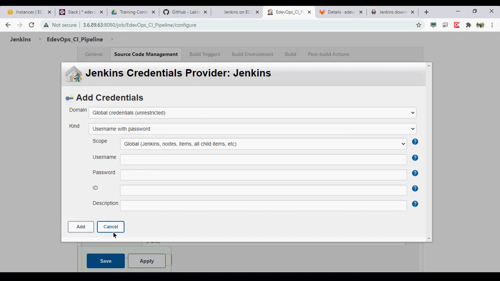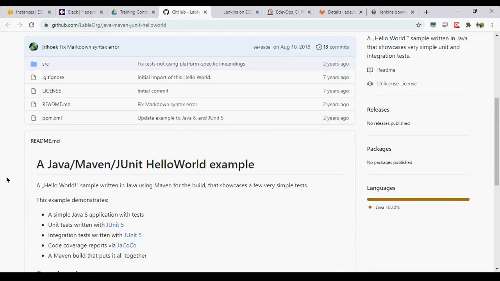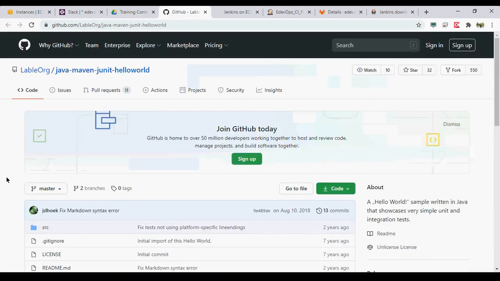But the example which we are taking now does not have credentials. So we will be using this one in this project. This is a basic hello world project using Maven.